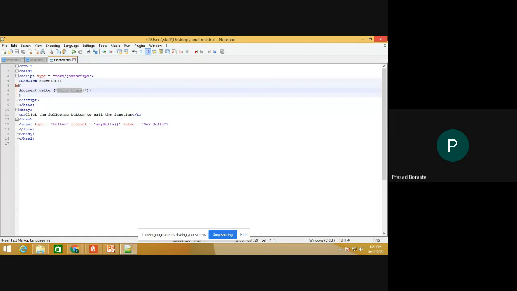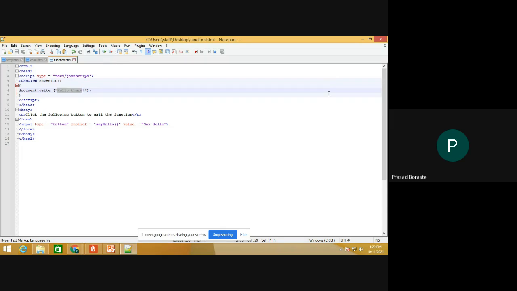A function is not automatically executed. A function gets executed when, on clicking or when any event occurs, we call the function, and then only the function gets invoked. Values can be passed into a function and used within the function. So this is the function.